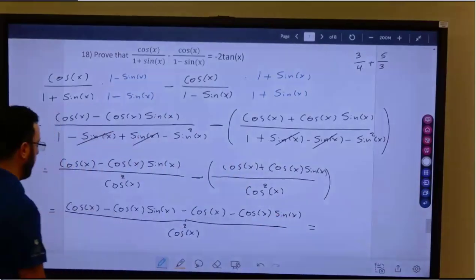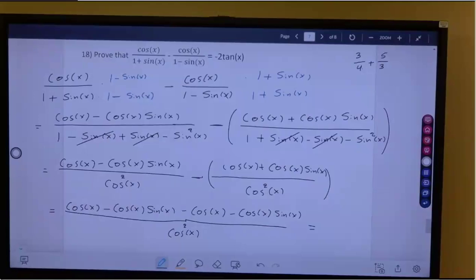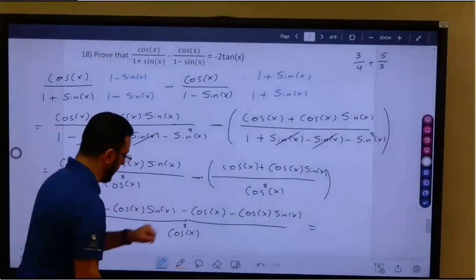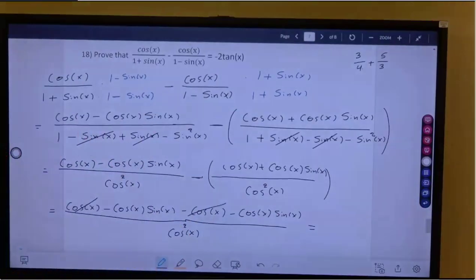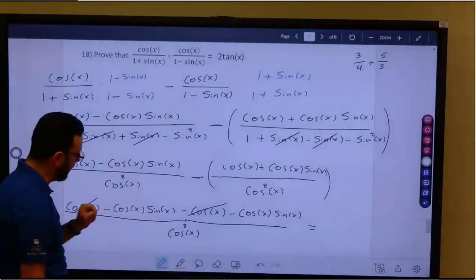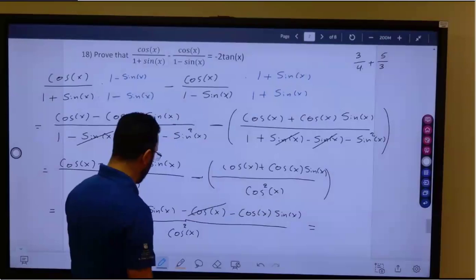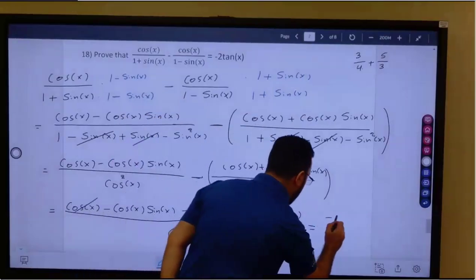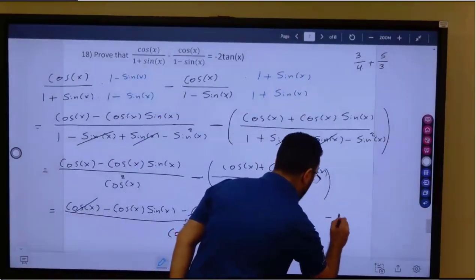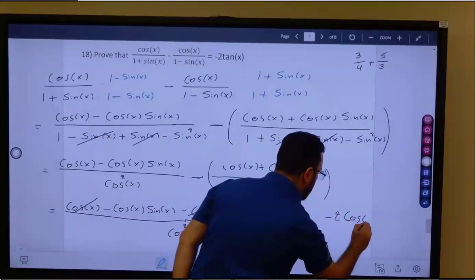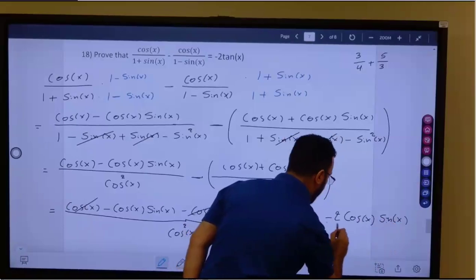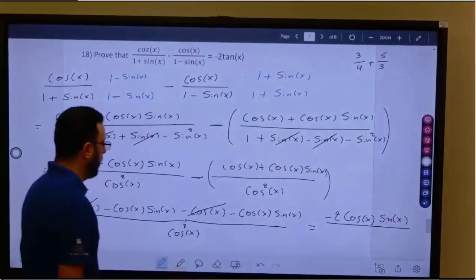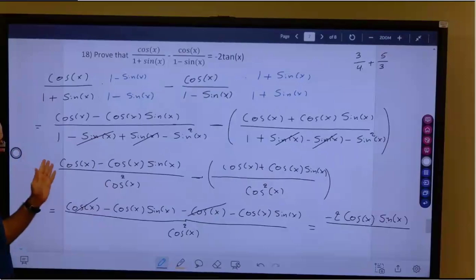Smoothly. Now let's look. Do you have cancellation? Yes, I have plus cosine and minus cosine. So cancel this one with this one. And what's left? The left is negative cosine sine and negative cosine sine. That means the left is negative 2 cosine x sine x, and everything divided by